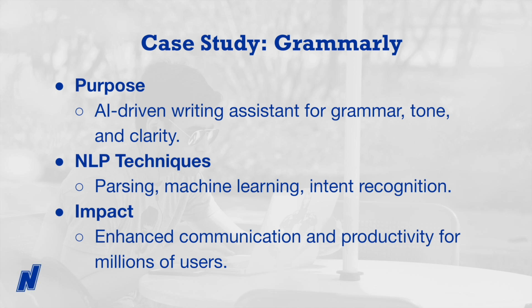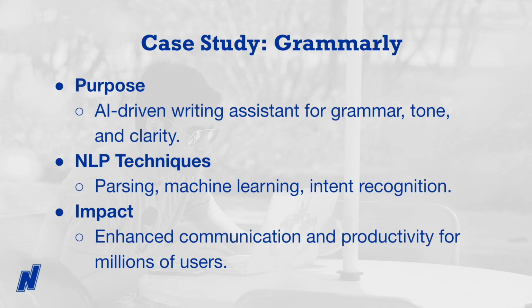It uses AI to analyze written text, offering suggestions to improve grammar, tone, clarity, and style. At its core, Grammarly employs parsing to break down sentences into grammatical components. For example, it can identify the subject, verb, and object of a sentence to ensure proper syntax and agreement. Beyond syntax, Grammarly uses a machine learning model, trained on massive datasets of text to predict and recommend more